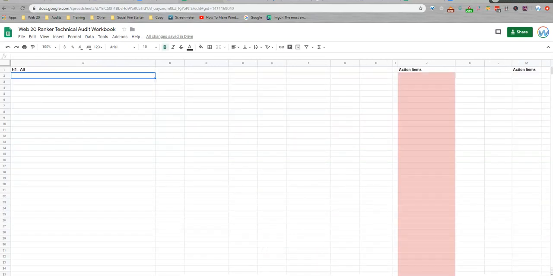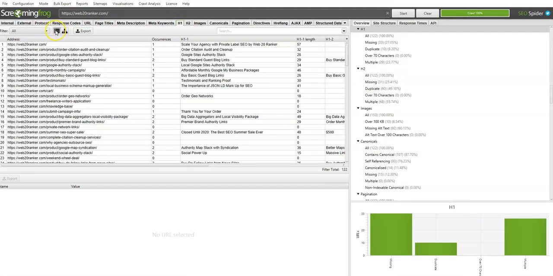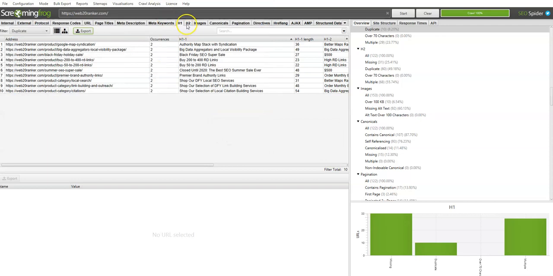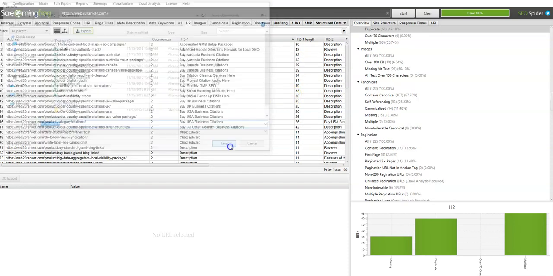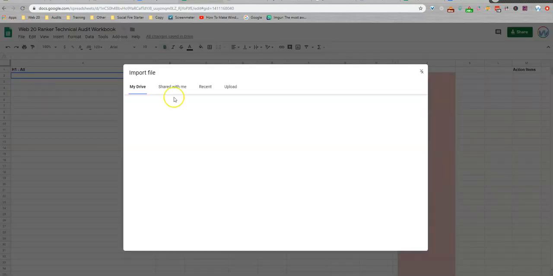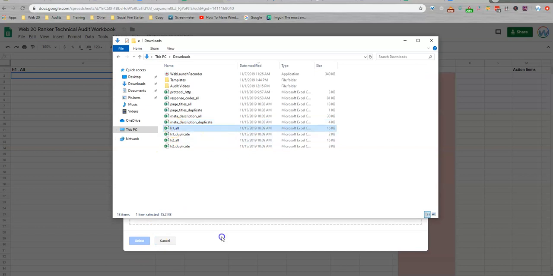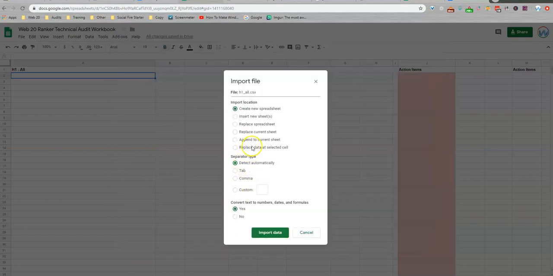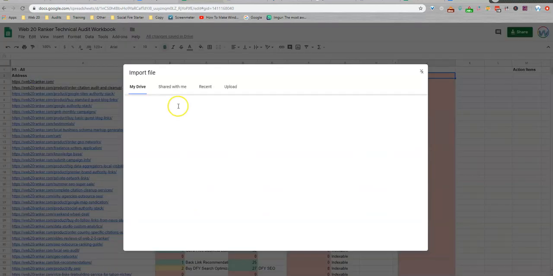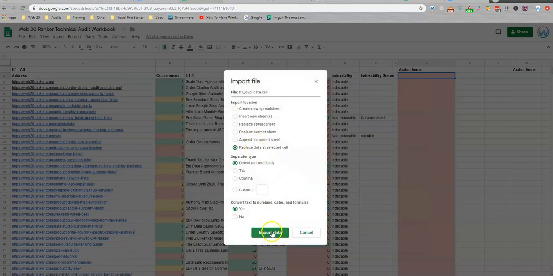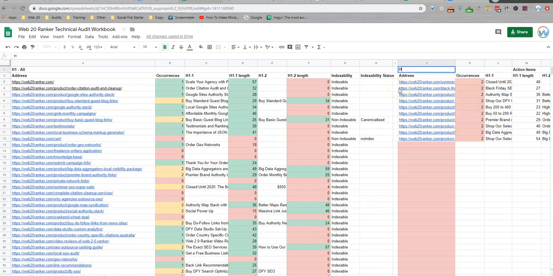We're also going to look at your H1s and your H2s. The process is pretty much the same for these. You want to download the full list, and then you also want to download the duplicate list. I'm going to grab the H2s as well while I'm in here. Alrighty, and over here, this actually doesn't need to say action items. Alright, so this actually should say H1